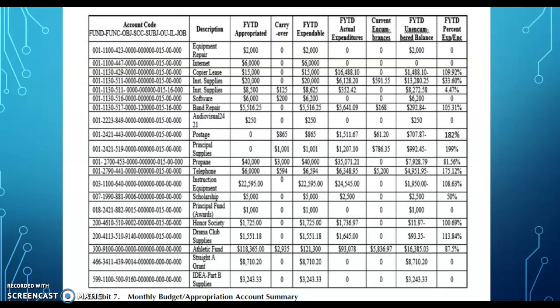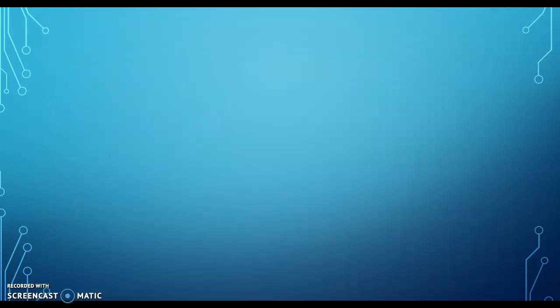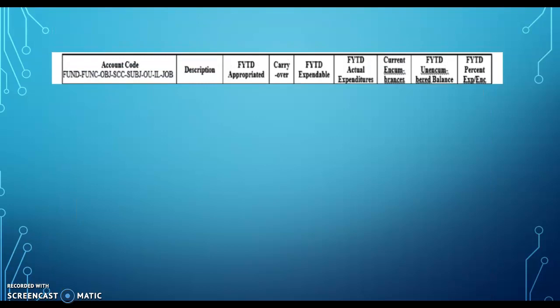This slide shows a monthly appropriation account summary for a school administrator who must be able to read and interpret these accounts effectively. In particular, this page is one of a number of pages for a high school principal. Look at this row where you can see the account code dimensions, line item description, appropriated amount fiscal year to date, carryover amount from the previous appropriation, fiscal year expendable, or the amount that may be spent in the fiscal year,